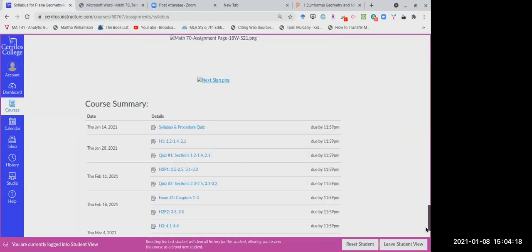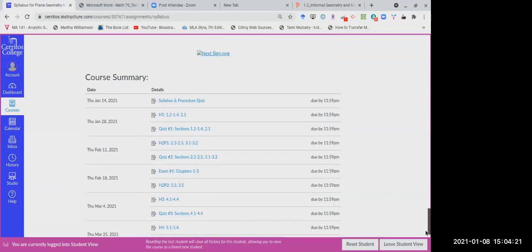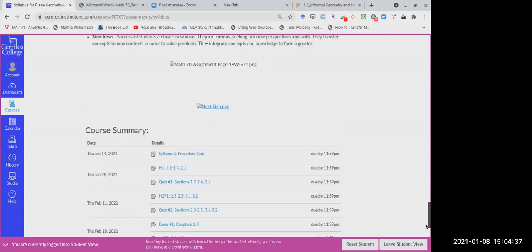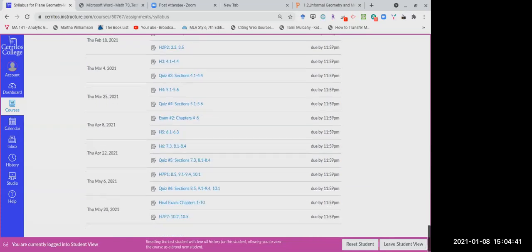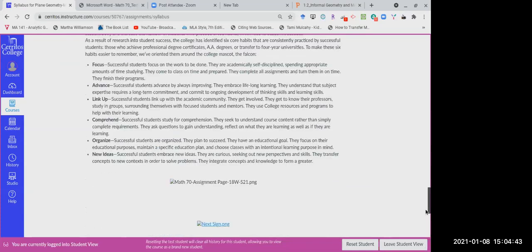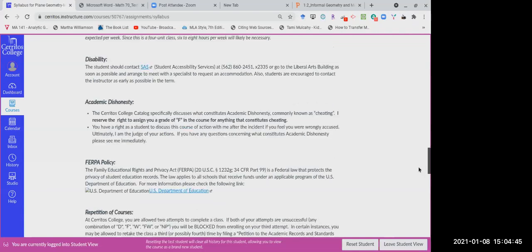Toward the bottom here, you see it says course summary. This looks like a place to go to get all of your grades. This is something that Professor Nick Dell has to create in order for the gradebook to work. So you don't have to be concerned about this course summary part of the page. You won't be using that, you'll be using the gradebook.